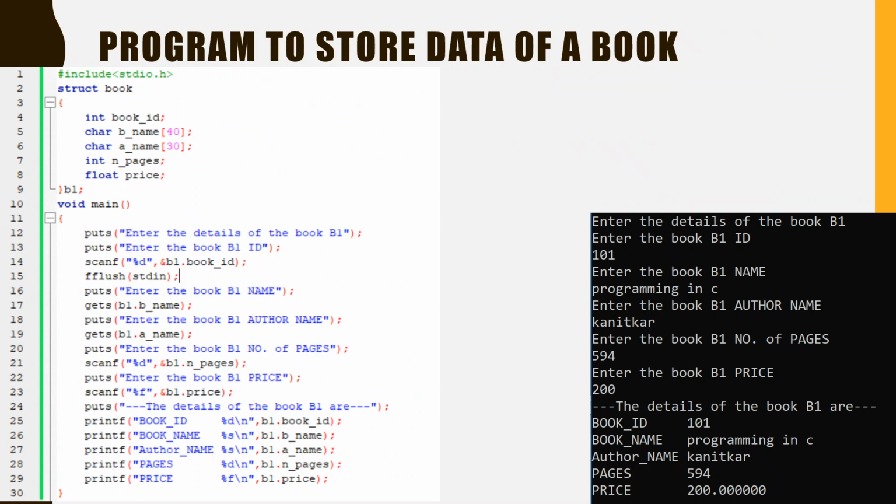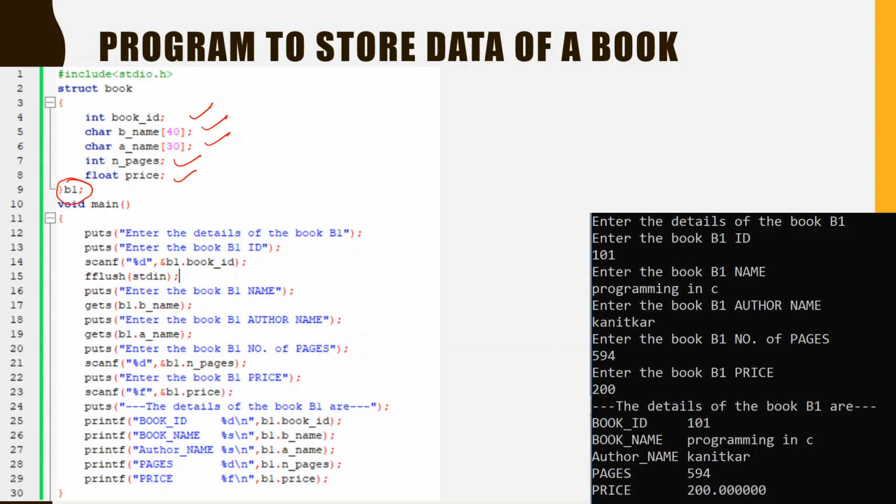Now we will see how to make a program to store data about a book. Here we have taken 5 parameters: book id, book name, author name, n pages, and price. They are all of different data types, and here you can see we have created a global variable of type struct book.